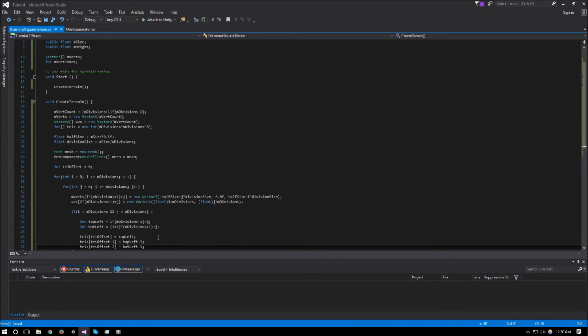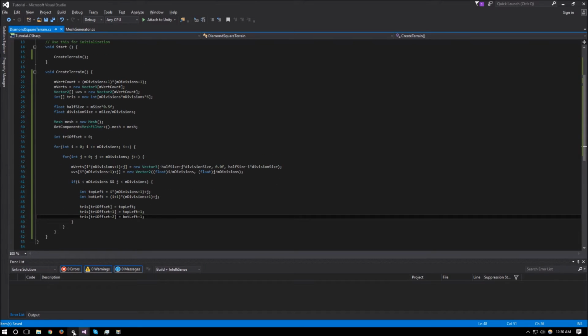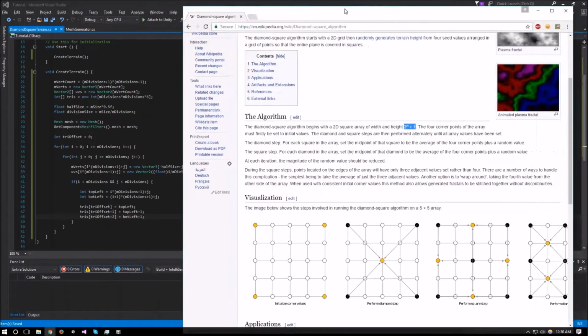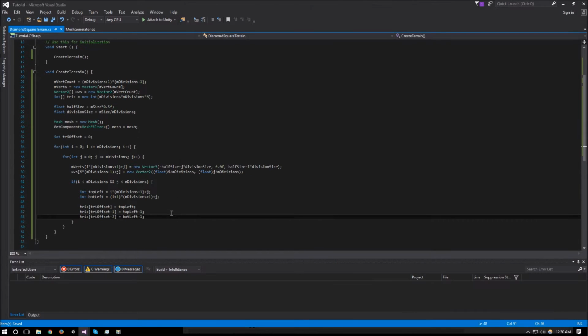So now that we have our first triangle, so we're going to the top left, and then the top left plus 1, and then the bottom left plus 1. So this is going to be describing our triangle right here. So what we need is this triangle right here. So we will go to the top left, the bottom left plus 1, and then back to the bottom left. So over here, so tries